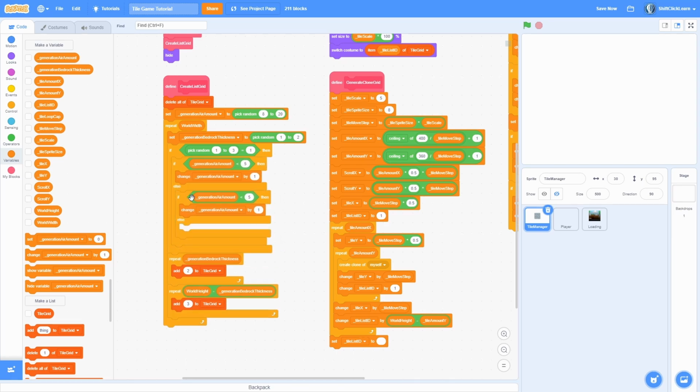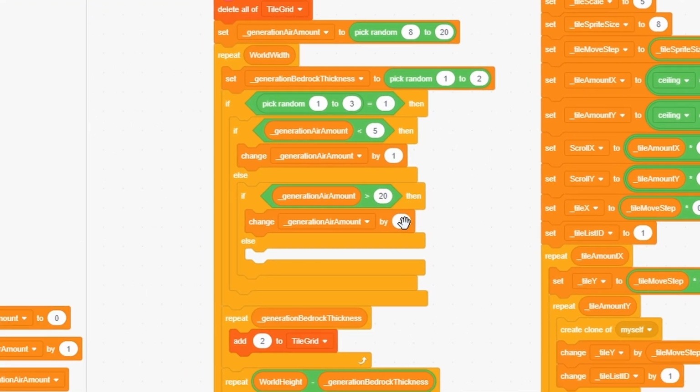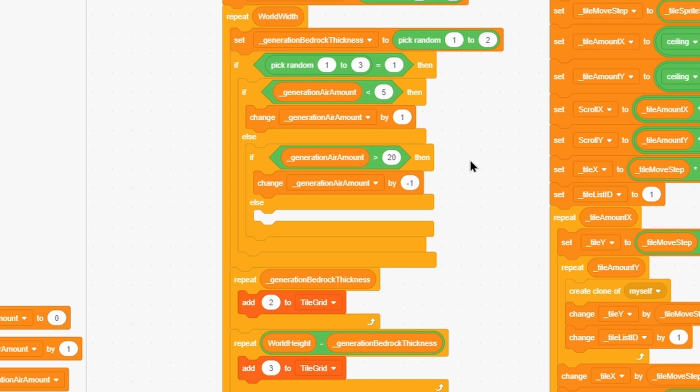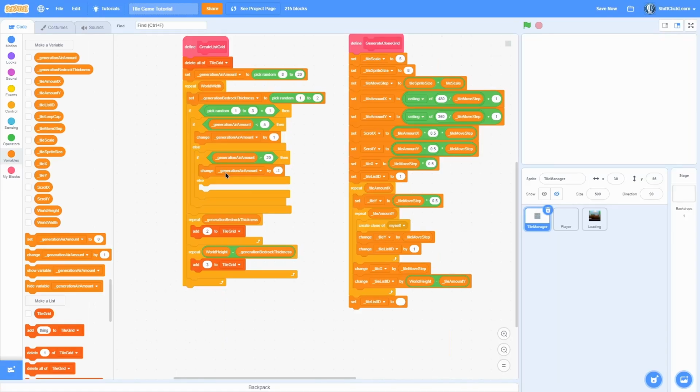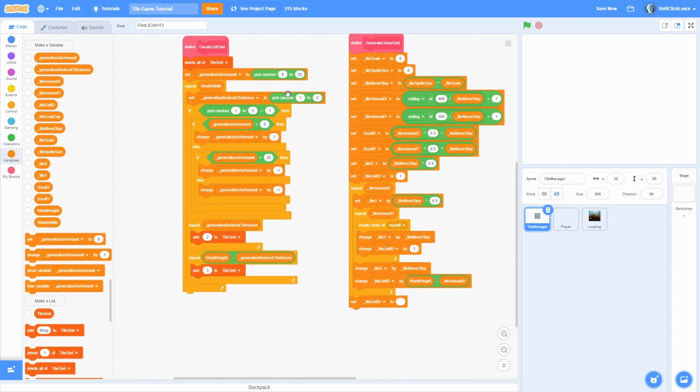Else we can duplicate this and check if the air amount is greater than 20. That means that we have too much air. We need to change the air amount by -1, so that way it takes back some of the air so it doesn't go too deep into the world. And if we're not clipping out of our bounds, which are 5 and 20, then we can just change it by a random amount. So just do change air amount by pick random